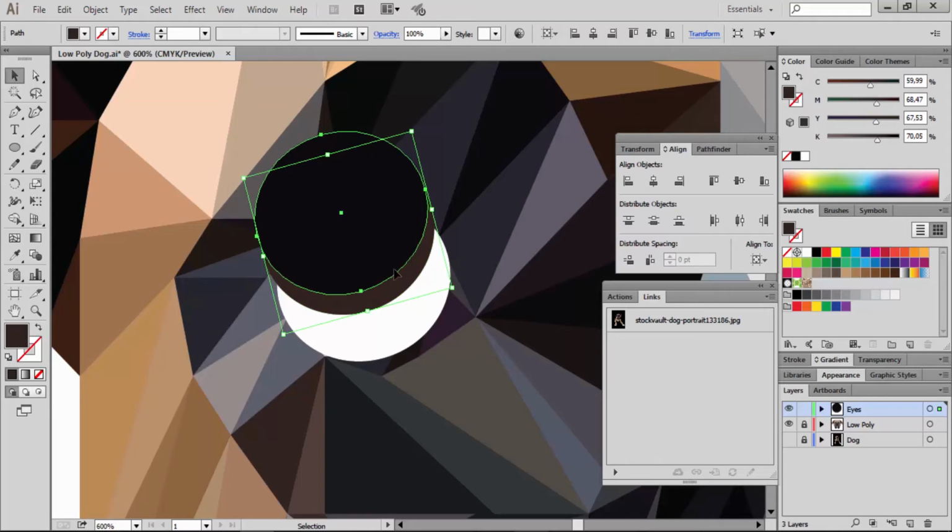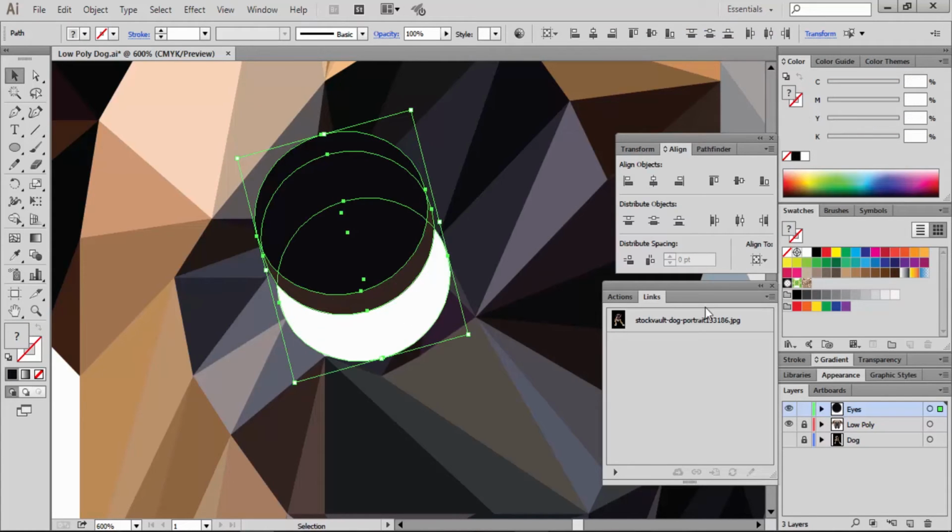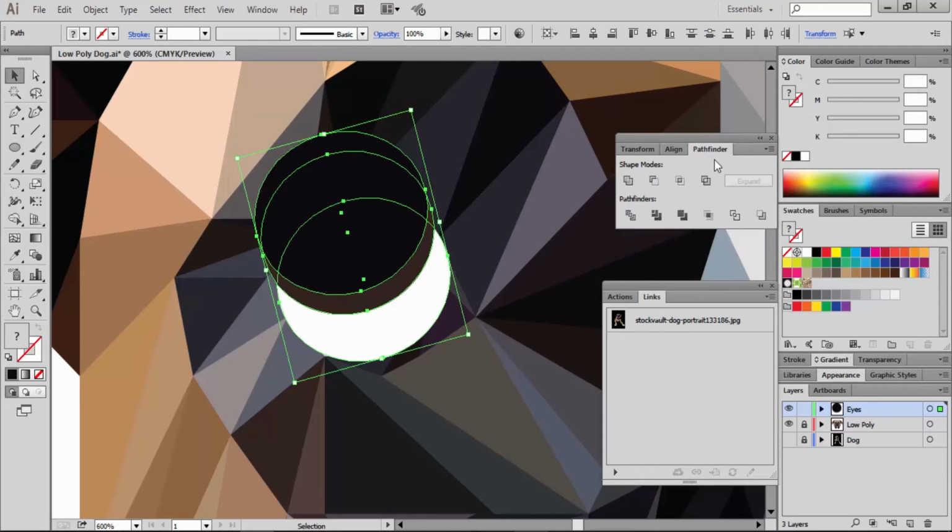Now we just grab all these objects and go again to Pathfinder and divide.